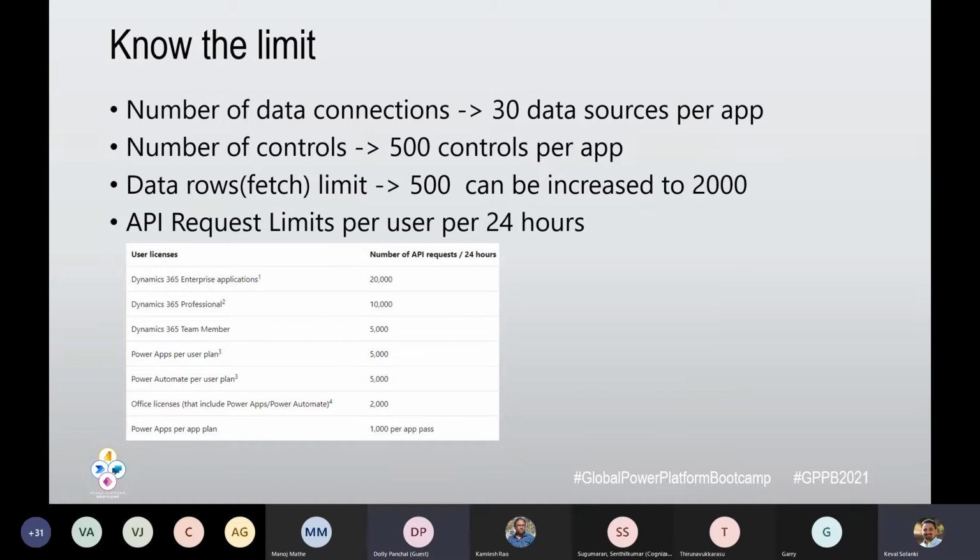Okay. And do we have any limitation for Dataverse tables also? In a SharePoint list we have 5000 as a threshold limit, an out-of-the-box threshold. Do we have the same thing in Dataverse also? It's a good question, but I'm really not sure what the limitation is for Dataverse. If anyone can help. 5000 is the limit even there. Okay. Dolly, we have pagination. 5000 is the limit, and with pagination you can retrieve more records. Okay. Thank you.